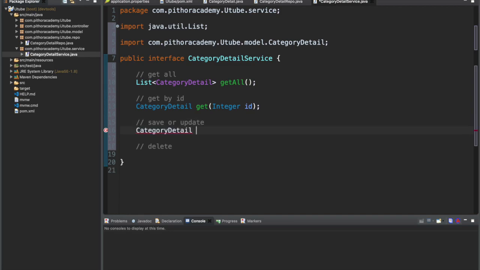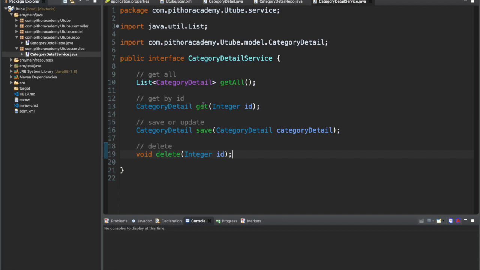Then save or update. Here we'll pass the object, category detail, and the return type is void. Then delete, integer ID. So we have declared the CRUD operations.